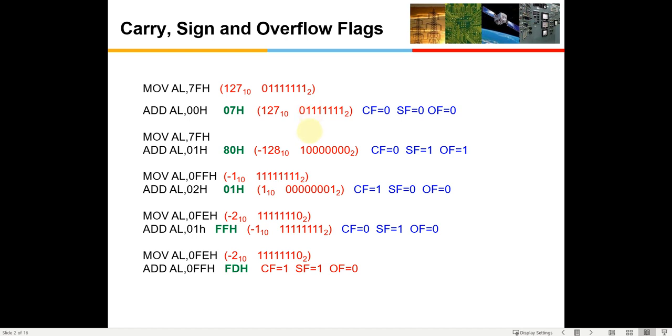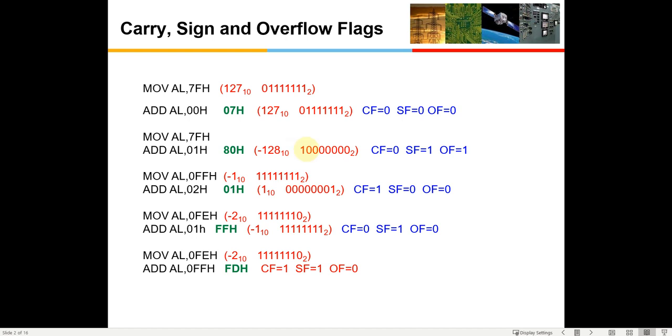And if you understand the hardware, how an overflow is generated, it takes an XOR, which we learnt in the digital class also. It takes an XOR of the last carry and the carry prior to the last.